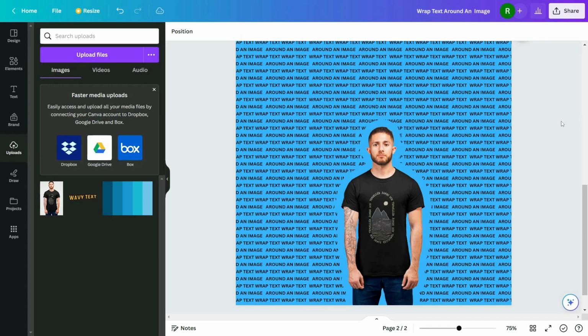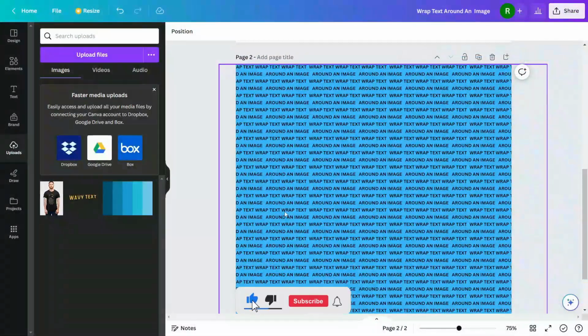Today, we're diving into something that's not only visually appealing, but also a very useful design technique, wrapping text around an image in Canva. Whether you're creating flyers, social media posts, or blog graphics, this little trick can make your designs look more polished and professional. So, let's get started. To wrap text around an image, start by adding your paragraph or block of text to